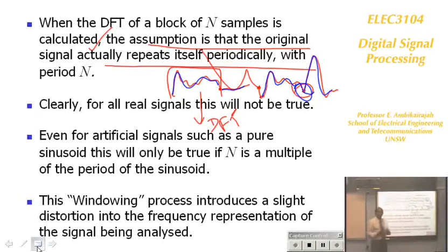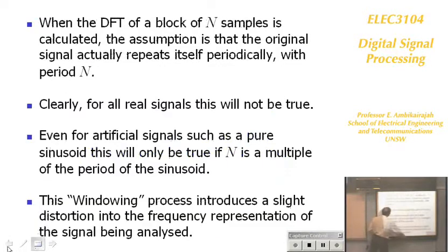That grouping causes a problem because of this thing. So this windowing process introduces a kind of distortion, but there are ways of reducing or minimizing the distortion when you are doing DFT. It is very simple in DFT. You should try taking a signal, a sine waveform, and try the DFT